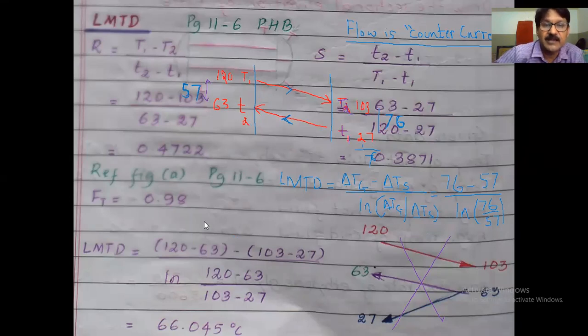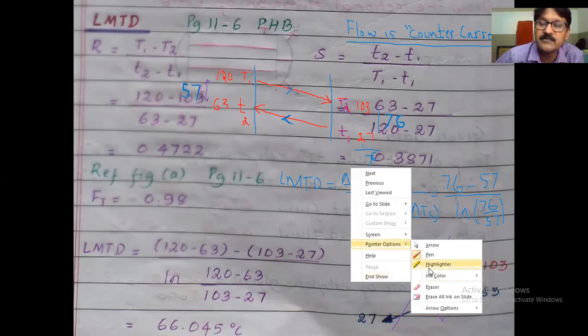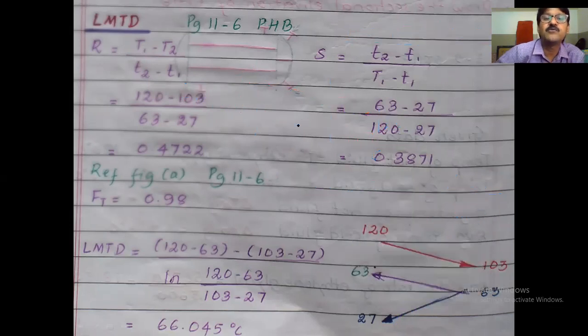So this is the LMTD. So what is required? We need to calculate the correction factor. Since the flow is not following a pure counter current, there is mixing during the operation. Therefore, we have to add the correction factor. Ft is the correction factor; you write it in the LMTD only. We have to calculate the correction factor.